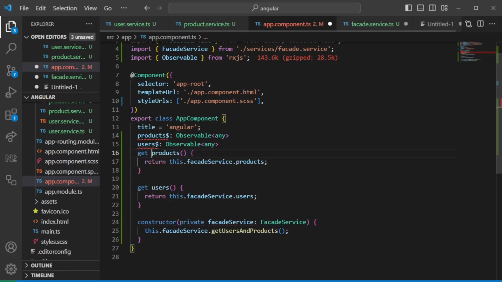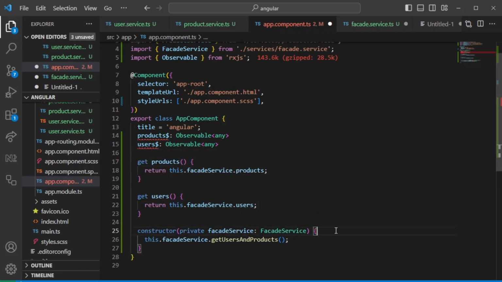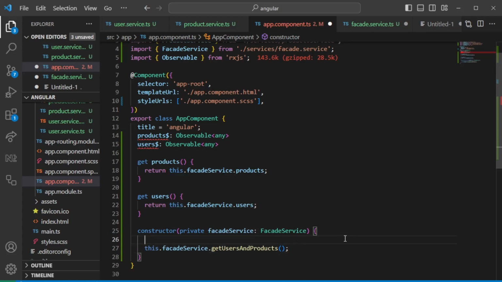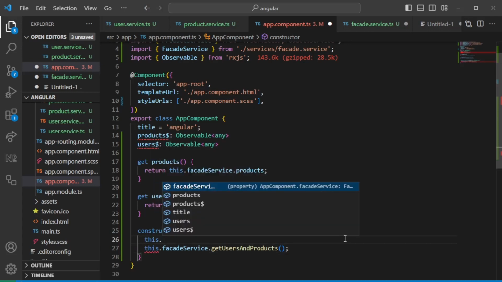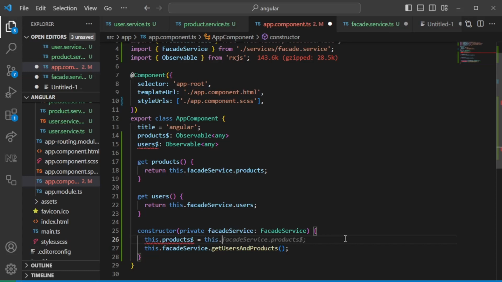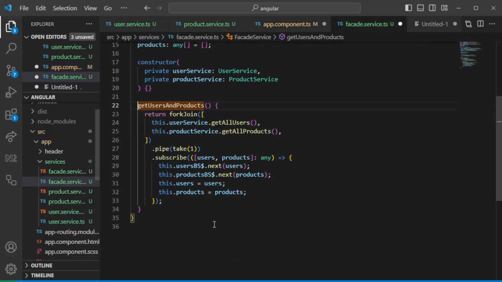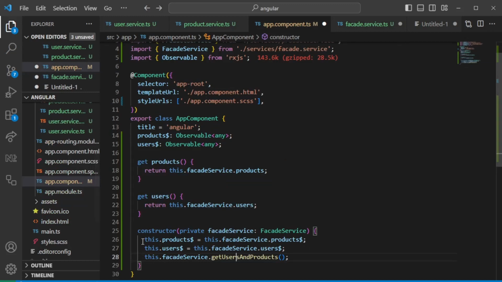So we can just keep the getters for now, and here we would essentially say on the constructor, we would say, obviously also before here, this.products equals to this.facadeService.products, and the same thing we would have to do for the users. So when we trigger this fetch, it's going to call the next on the behavior subject, which essentially will trigger